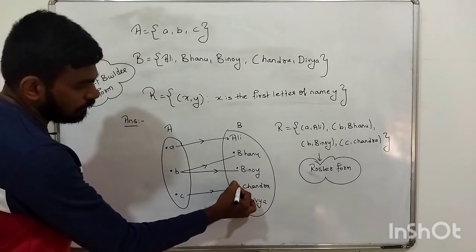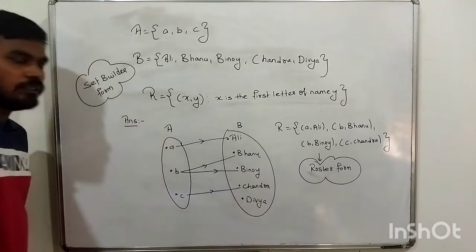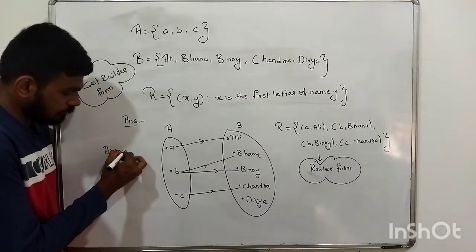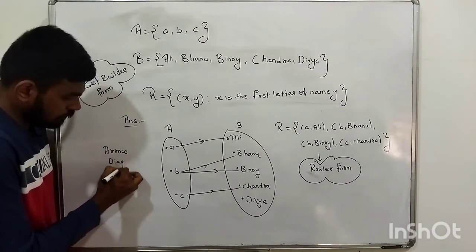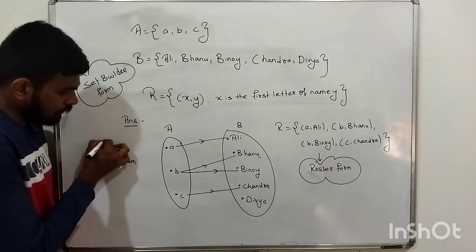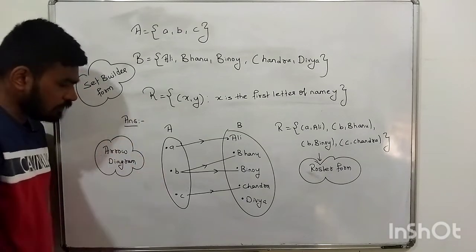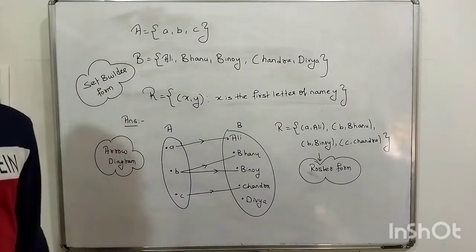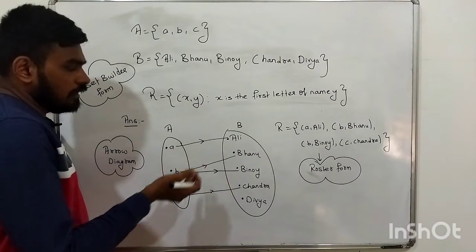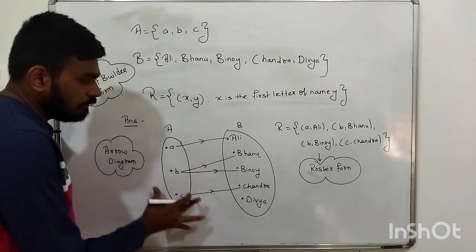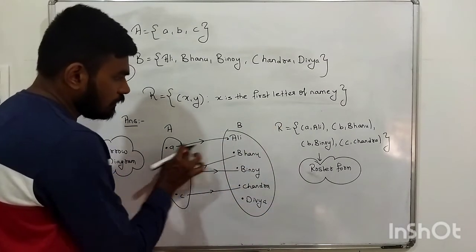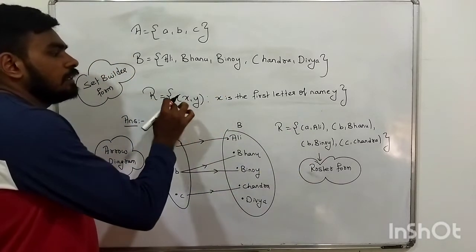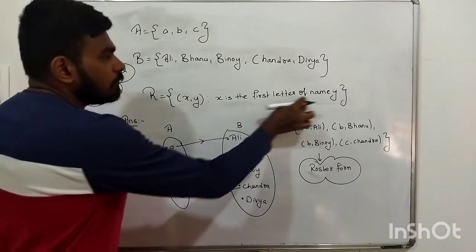So this is one more way of writing a set, and this is called an arrow diagram. These are the three ways of writing a relation: set builder form, roster form and arrow diagram. Actually, arrow diagram and roster form are almost the same. Visually I show it here, and here I write elements by putting commas. Here we write differently: we write X comma Y, and here we write the property.